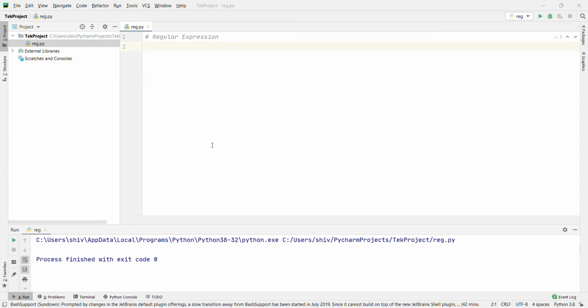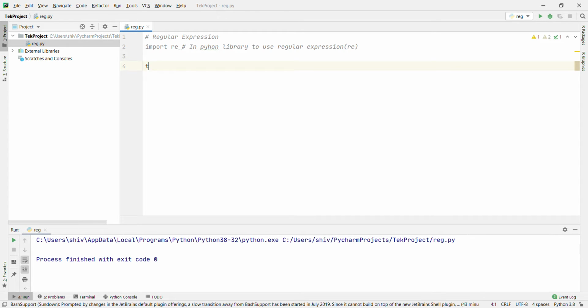Python has a built-in package called re, which can be used to work with regular expressions. Now we are going to import re, that is the inbuilt Python library to use regular expressions. In short, we can say re. Now when you have imported the re module, you can start using regular expressions.